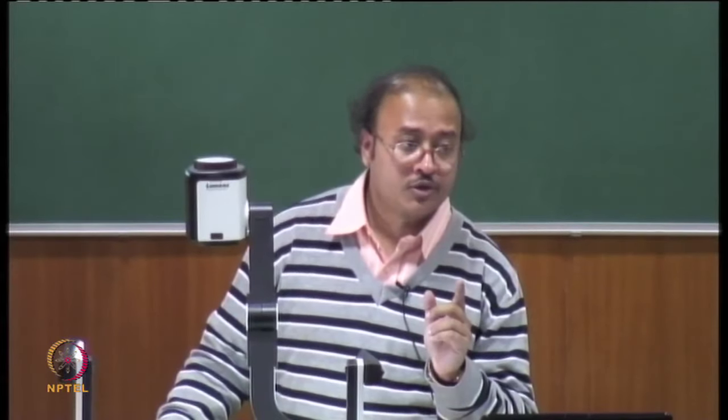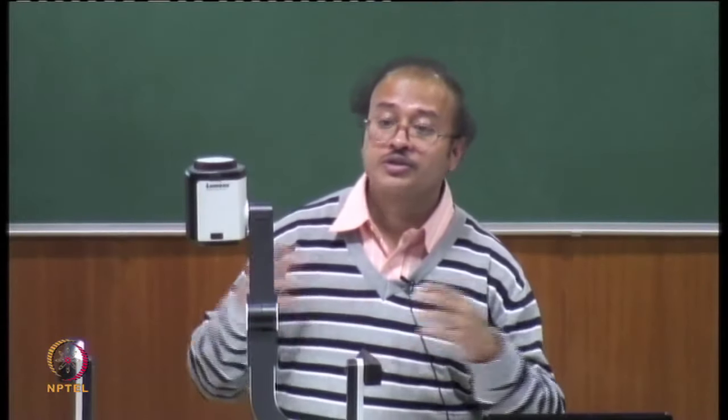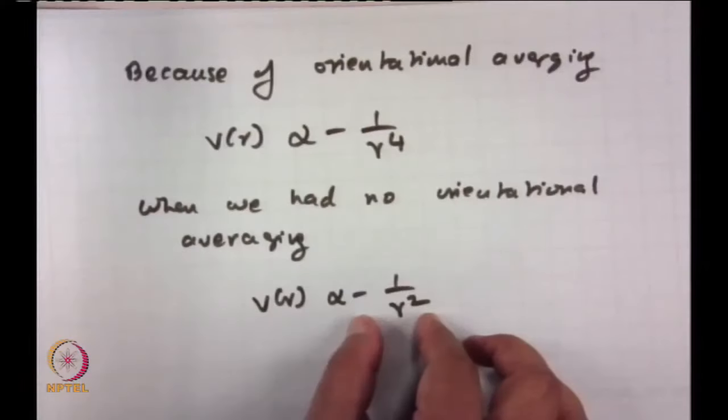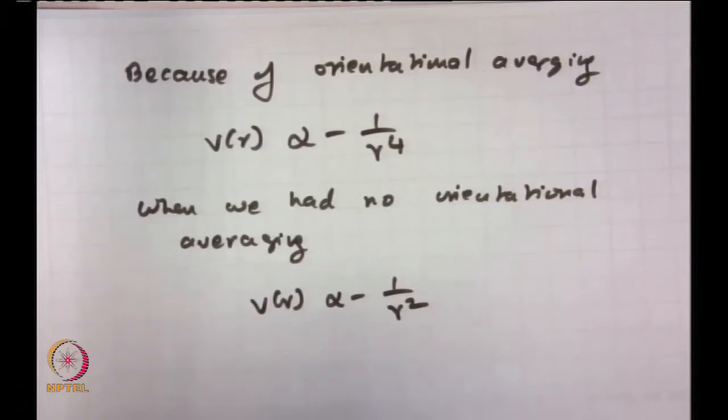So, again guys, please understand the implication of this. The implication is one, your V of r definitely depends upon the temperature, because if temperature is too high, you are going to disrupt all potential energies of interaction, right, thermal energy too high. Second is, the moment you bring in orientational averaging, you essentially just square this term which was initially obtained from a constrained value of theta, okay. Now, this is where we are going to stop for the class today, but let me tell you this.